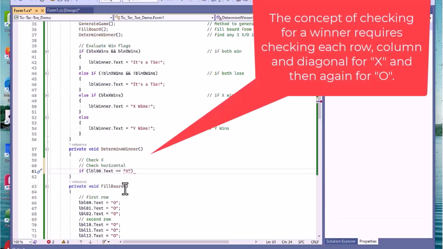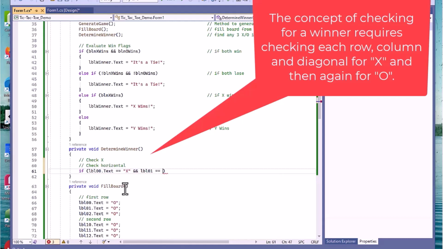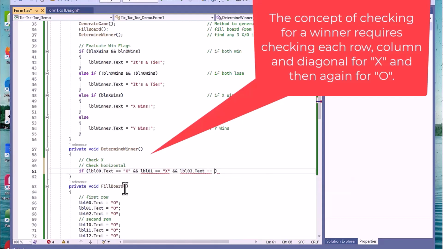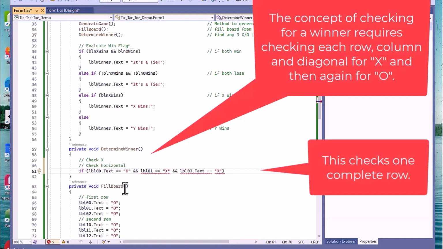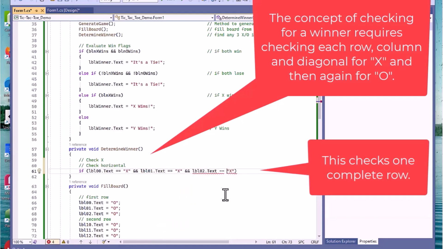So we're checking if the first label is X, and we're going to say and lbl01 is set equal to X, and lbl02 is set equal to X. We're going to say the text in here too, that text. lbl0 text, we want equal signs now, they're not dashes. They were good there. And then we're going to say